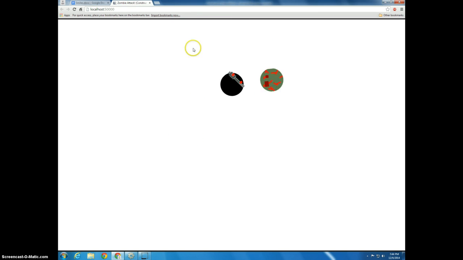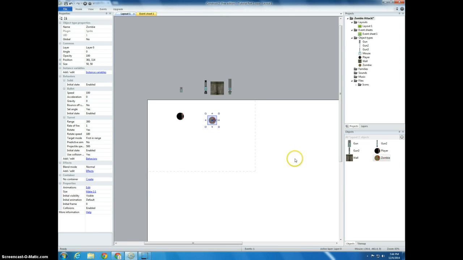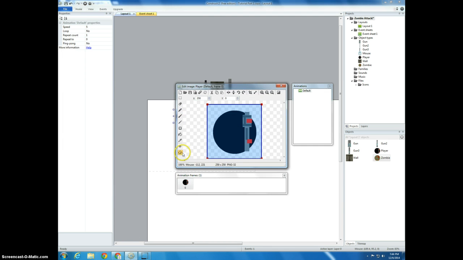Now we also notice that the zombie's turn speed isn't right, and our collisions aren't right either. So we'll just go to the turret while we select the zombie, and we go to rotation speed, and we'll give it a good 750. That seems to be able to do it. We'll also increase the range to 450. Seems good. Okay, now the collisions, what you do is you highlight set collision polygon,